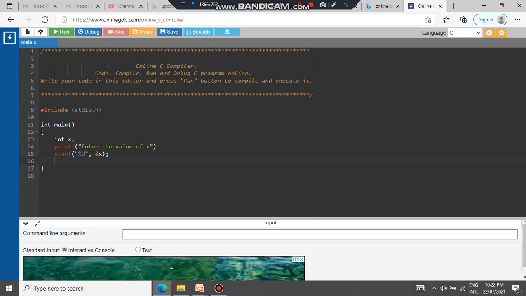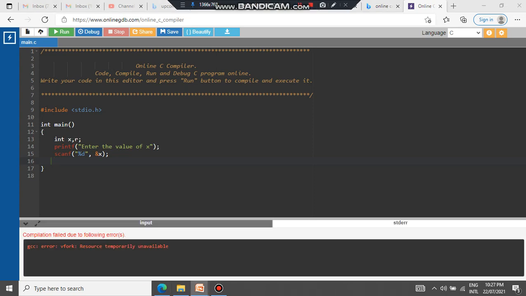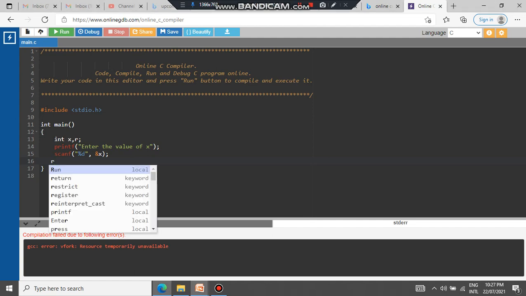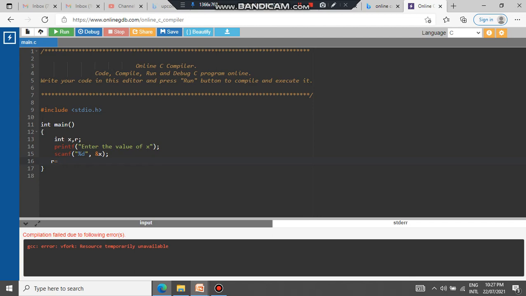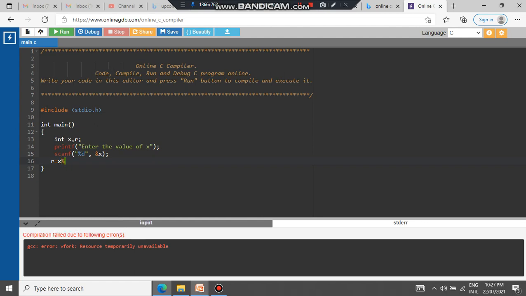we will take another variable, remainder r. Let us say remainder r. So let us define the remainder r over here. r is equal to x divided by 2, but what I want is the remainder for that. I don't want a quotient. So the operator that I am using is the modulus operator. Okay, so once the modulus operator is used, it will give the value of the remainder.